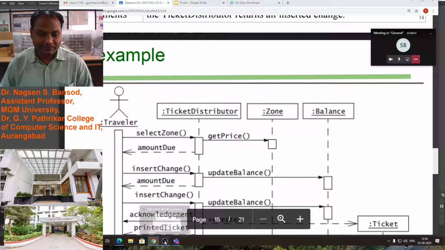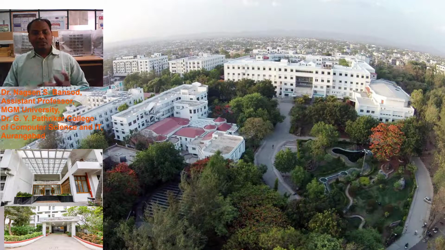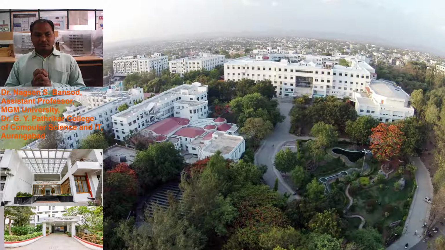Okay. All of you understand implementation, testing, system design, object design? Jyoti? Yes, sir. Ashwini? Yes, sir.